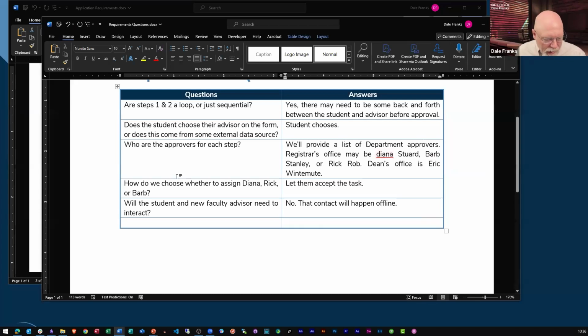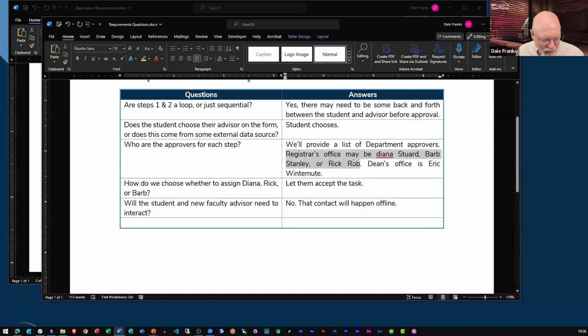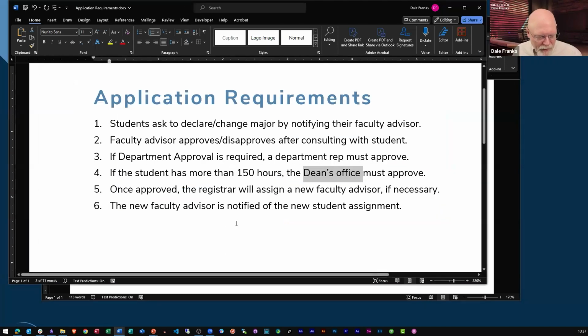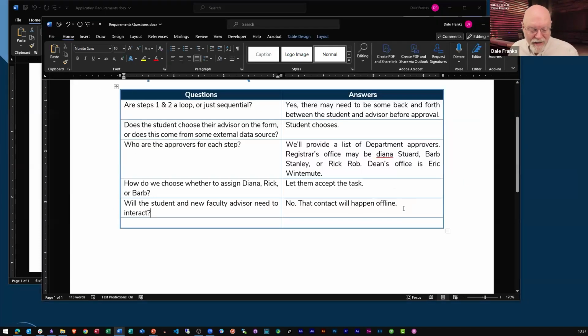Okay, great. How do we choose whether to assign Diana, Rick, or Barb? So we're now talking about the registrar's office, Diana, Rick, or Barb. How do we choose? All right, well, we're going to let them accept the task. We're going to provide the options to the user, or the customer, they're going to come back and say, this is how we would like that task to work. Will the student and the new faculty advisor need to interact as part of this process? Because down here at the very bottom, we've got the new faculty advisor is notified of the new student assignment. Is that it? Is it just a notification? Okay, if so, then it's just a notification, but I need to know that